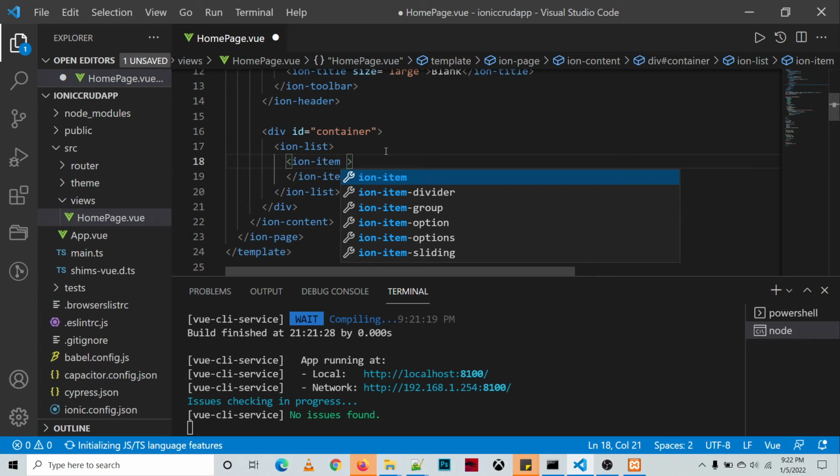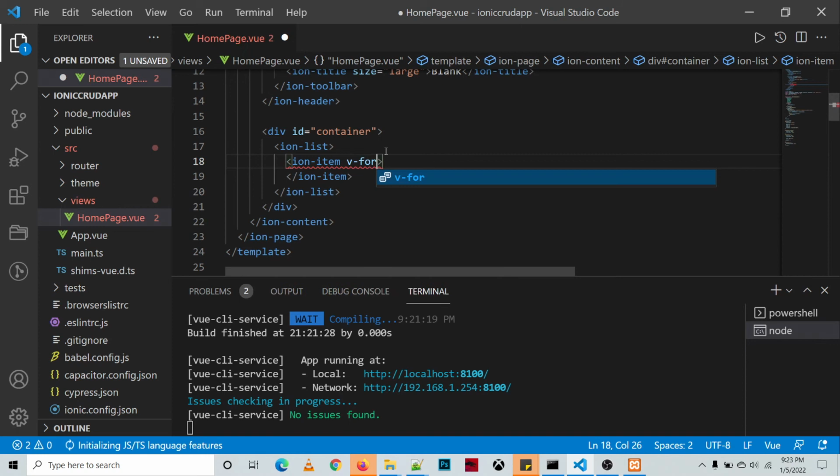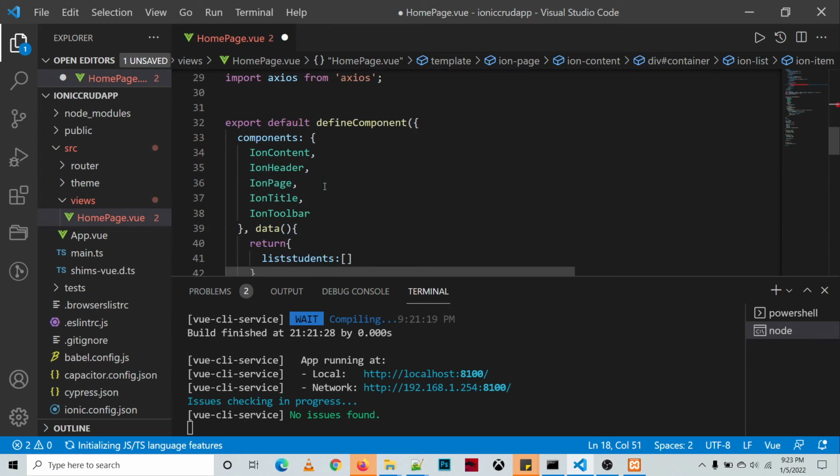Then we'll be using the v-for statement, and then we'll be using the variable student in list students. So that's the name of the array. To be safe, we'll just copy the name of the array. So list students,